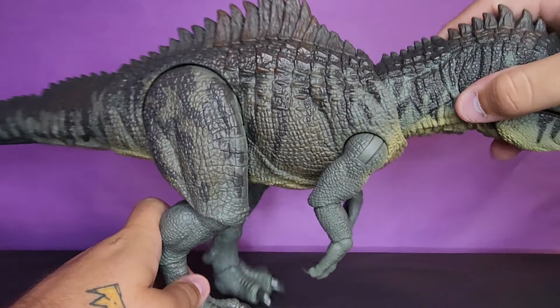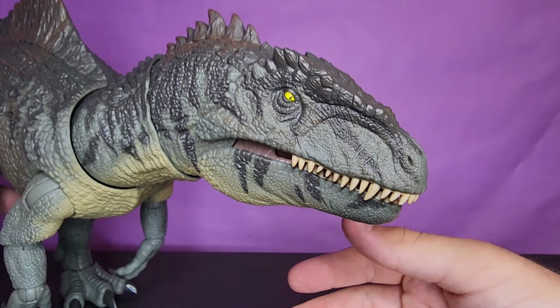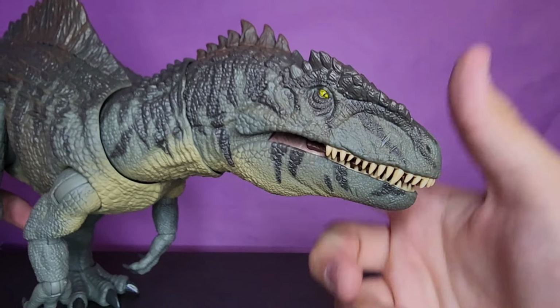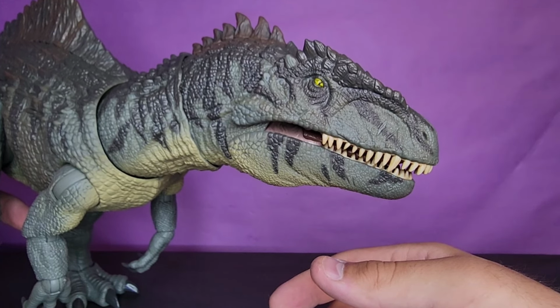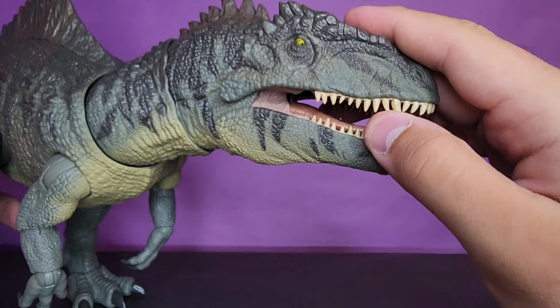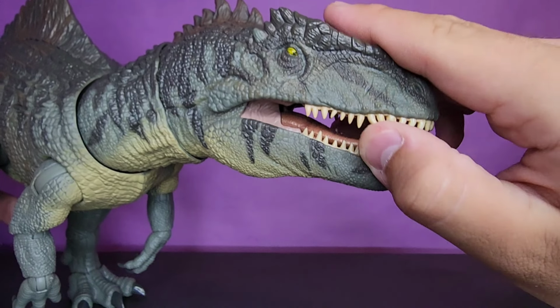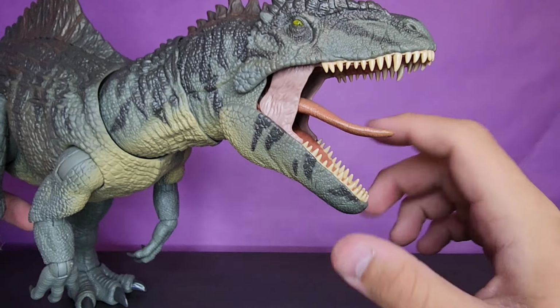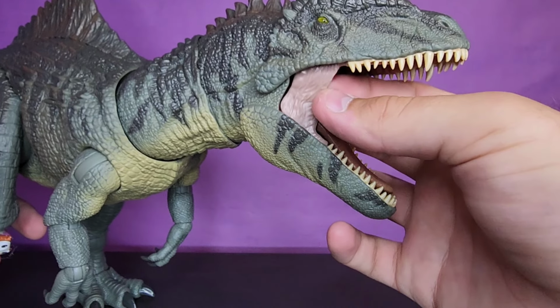So taking a look at the head sculpt here as best as I can. The tail is getting in the way, but that is a damn good head sculpt. I think the eye works a little bit better on the Gigo here, and I'm okay with that. I think that looks great. Absolutely fantastic. The teeth are actually sculpted to look sharp. They're squishy, which I was not expecting. If that's what we have to do to get sharp looking teeth instead of dull looking teeth, I'm here for it, because I don't really care that they're soft. The tongue will click into place, but it's a squishy tongue, not like a dry brush. And then you get the labial flaps